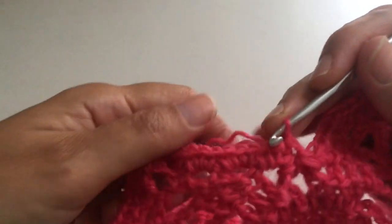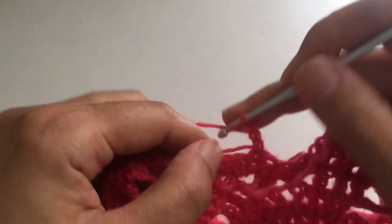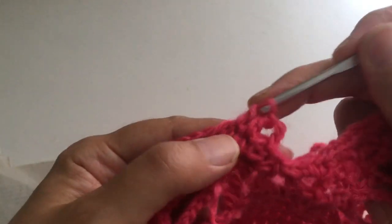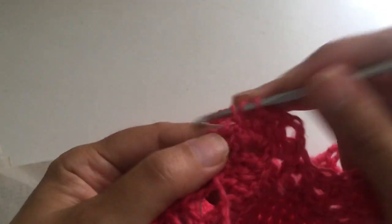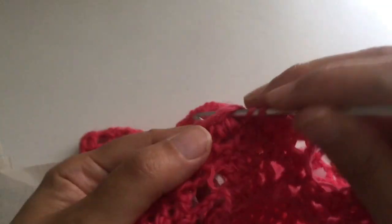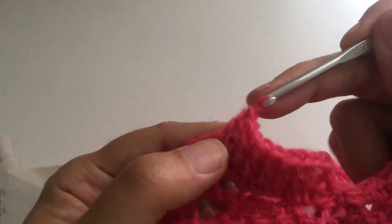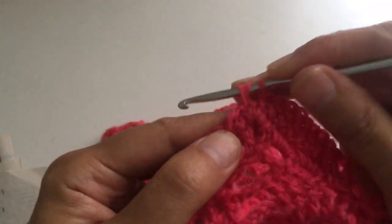and we're going to start by making the next row. We'll start with 3 chains, 1, 2 and 3, and we're going to make a treble on every one. We have to have 10 first. The first chains are as a treble, 2, 3, 4, 5, 6, 7, 8, 9 and 10. Now the next one we're going to make 2 trebles in the same place, 1